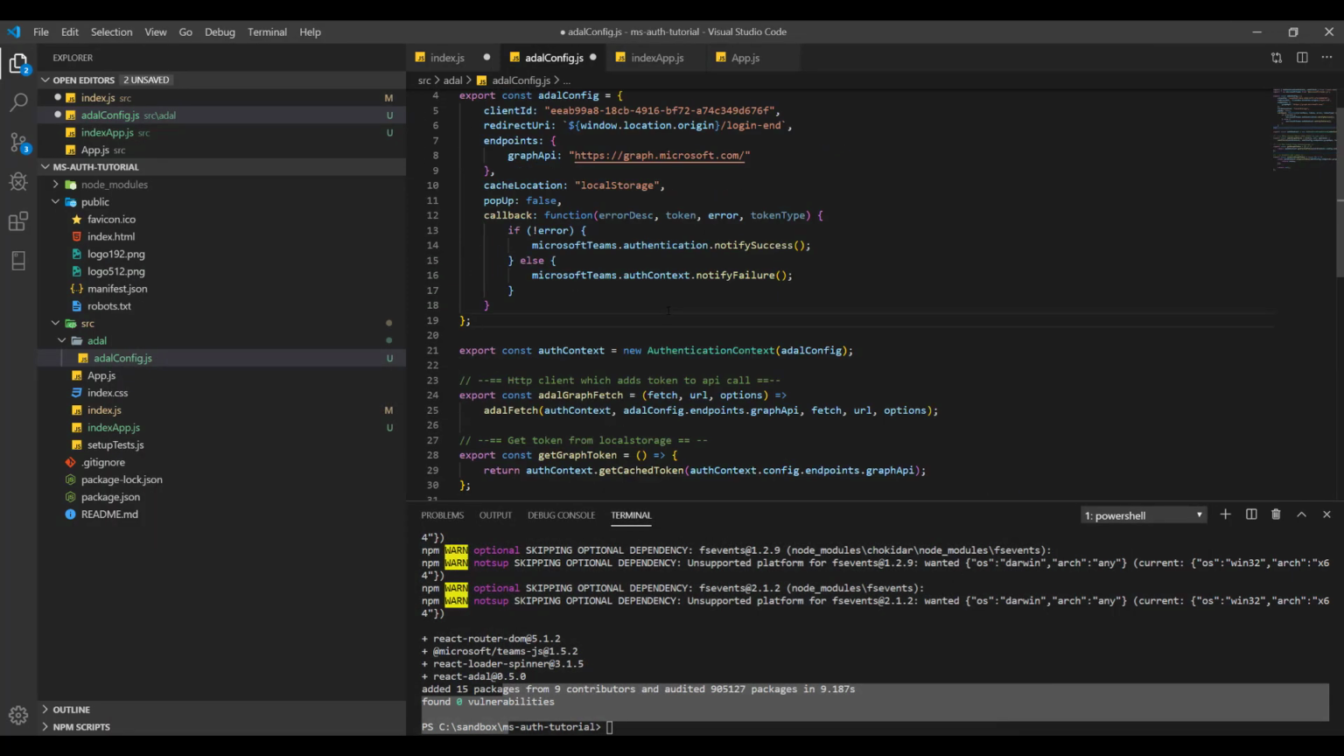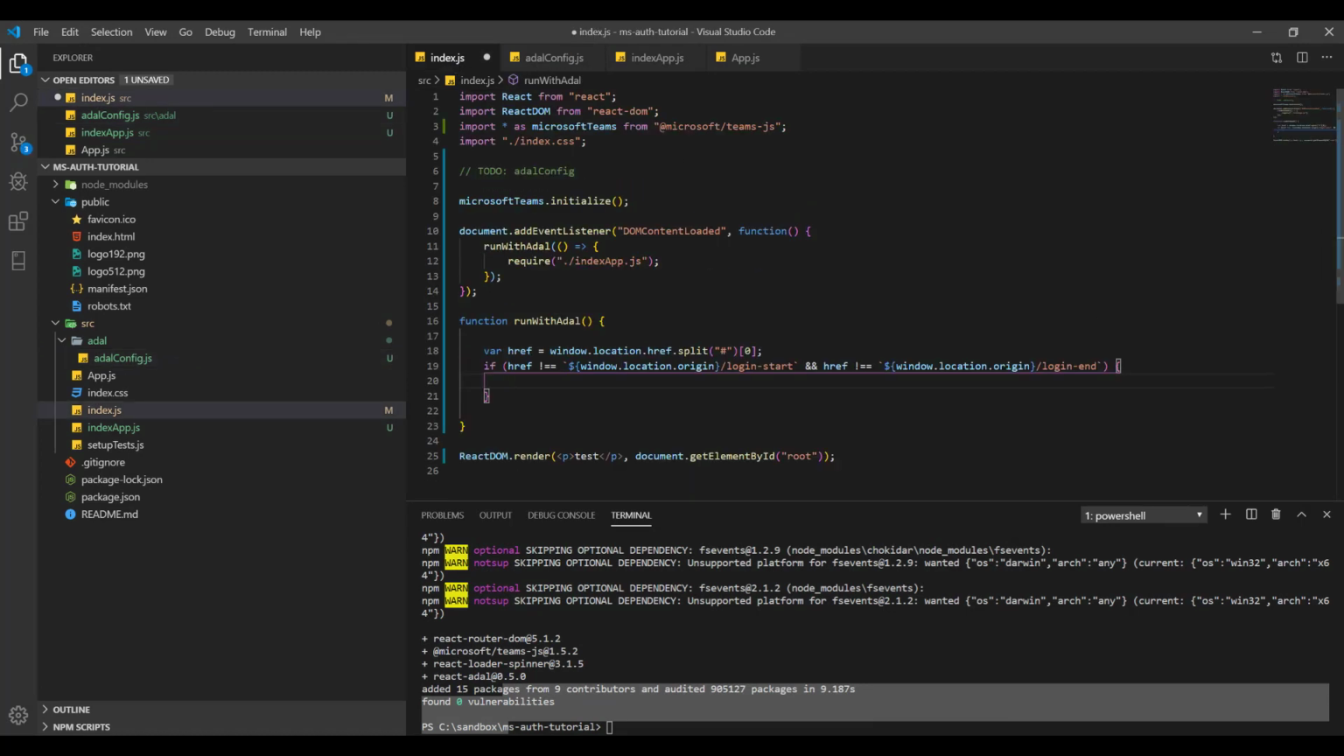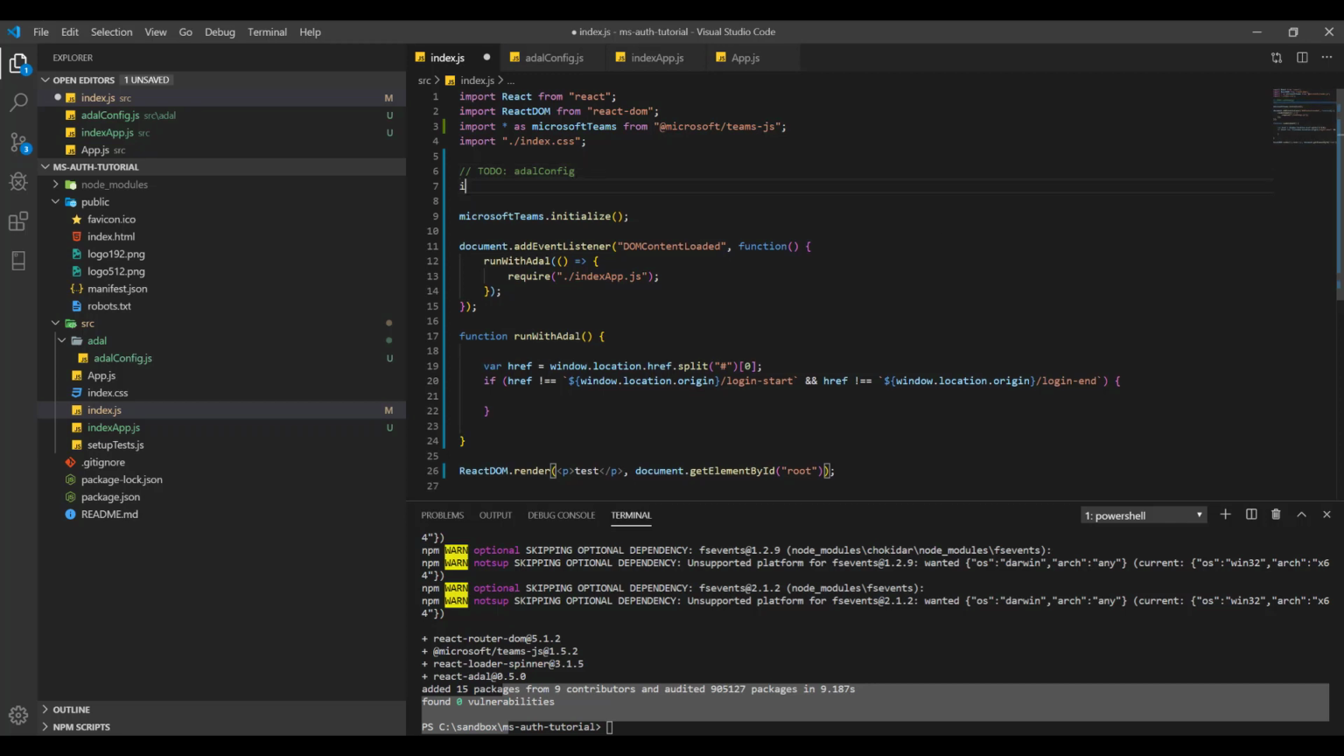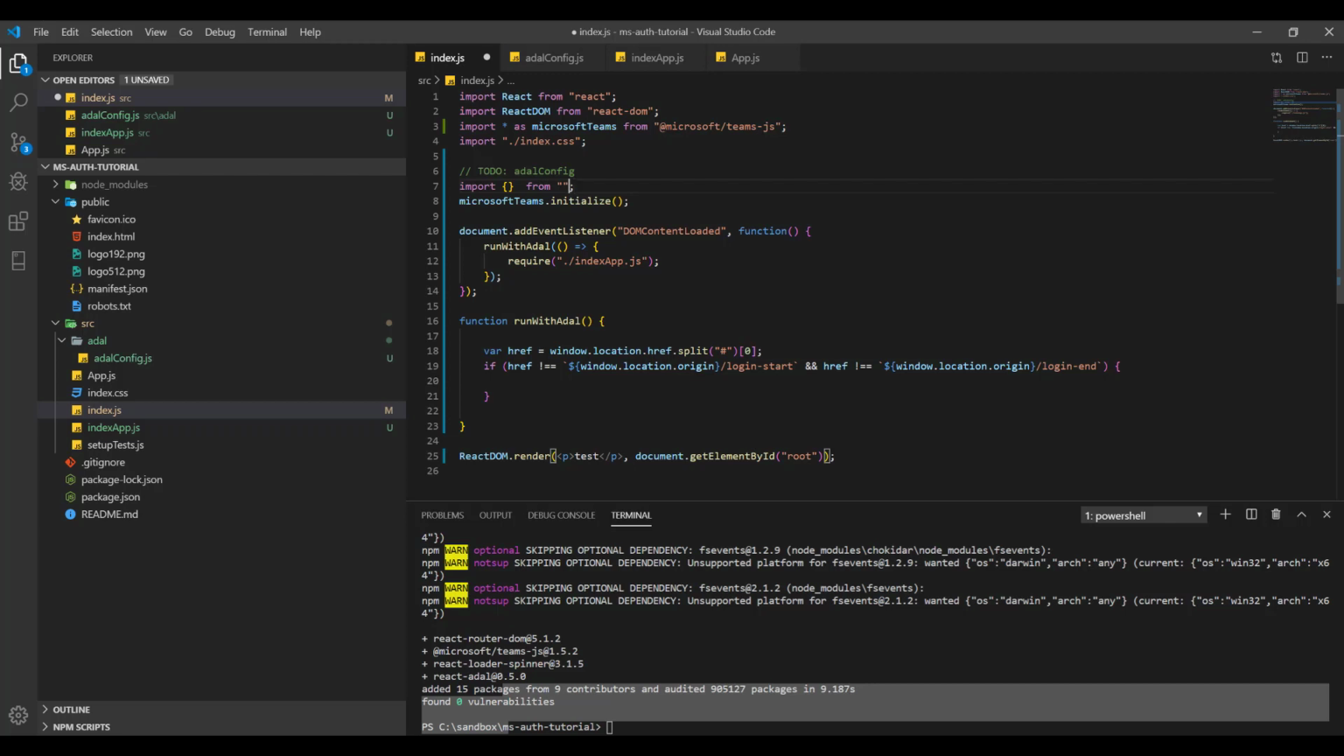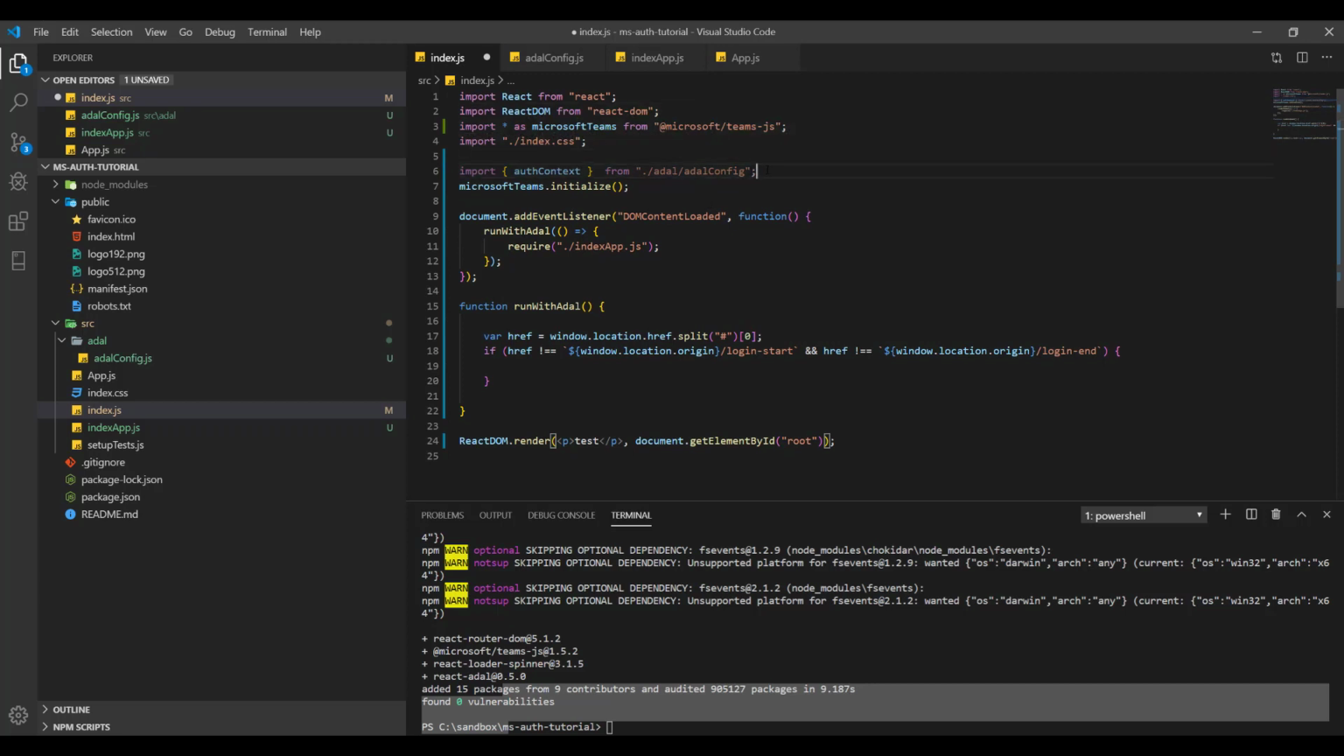Alright, so now that we have an authentication context, we can basically continue doing our check. So I need to import it, of course. That is import from /adal config, and I think the file name we call it context exactly. So this to-do now, we can delete it because we have done it, we're done with it,